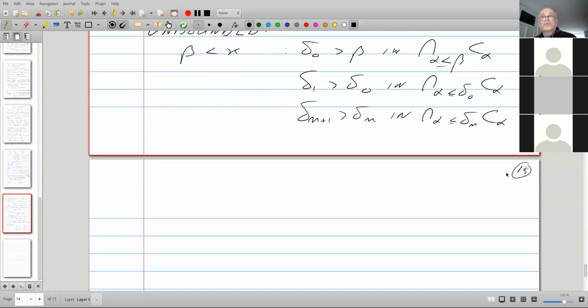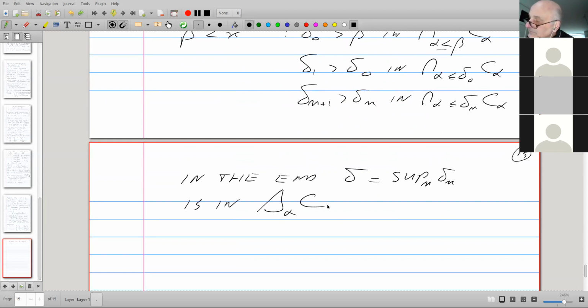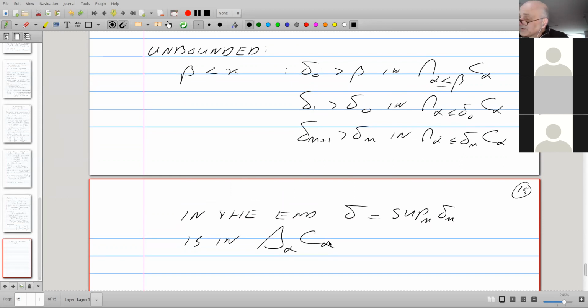This doesn't stop. And in the end, the supremum of that sequence is in the intersection. Why is that? Well, take an alpha less than delta. Alpha is less than one of those delta n's.